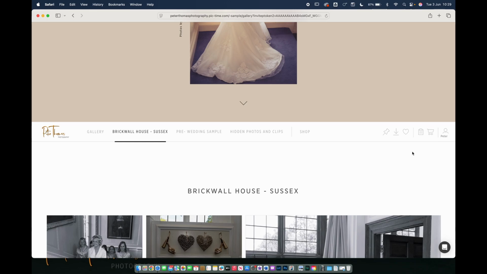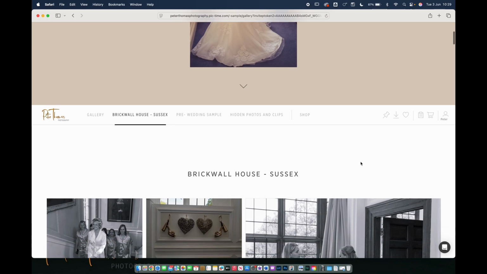If you've requested items to buy, they are appearing in your cart there. And this here, it says Peter, but it'll say your name. If you have other galleries, they'll be in there. If you've ordered anything, your orders will be in there. You've got your settings, and you can log out through that as well. Okay, so if you can scroll down,